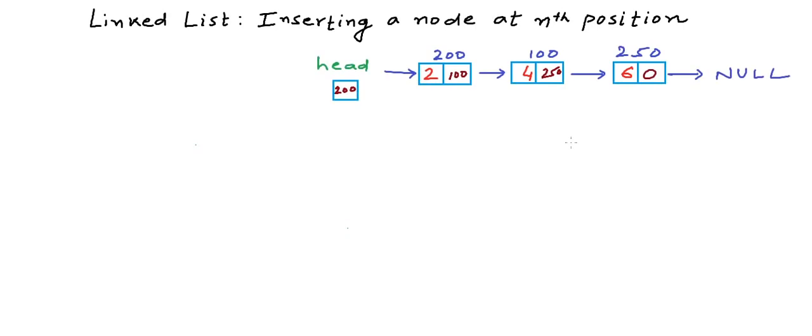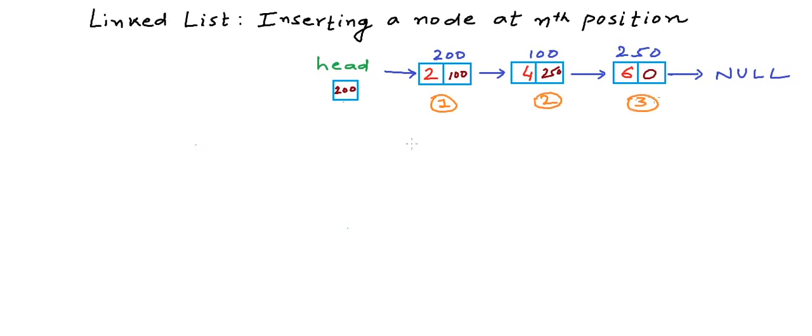Let's say we have a linked list of integers here. There are 3 nodes in this linked list. Let us say they are at addresses 200, 100 and 250 respectively in the memory, and we have a variable head, that is a pointer to node, that stores the address of the first node in the list. Now let us say we number these positions on a 1 based index. So this is the first node in the list, this is the second node, and this is the third